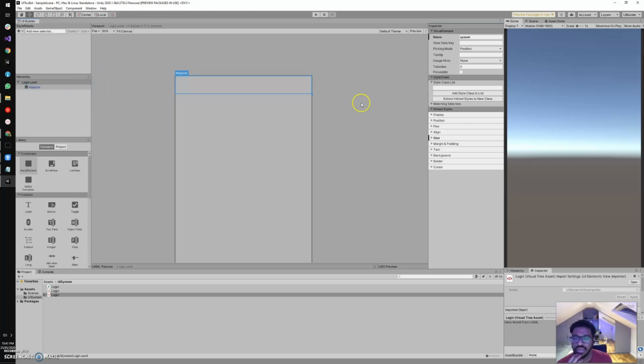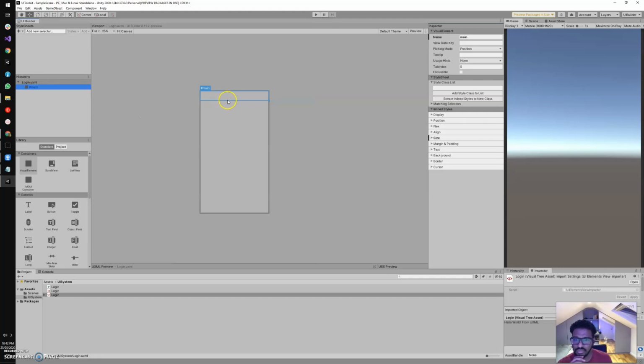Okay, let's create, before that we will just keep one top visual element that is called main. Underneath we will add all the other items. So I'm going to add everything underneath this main visual element,